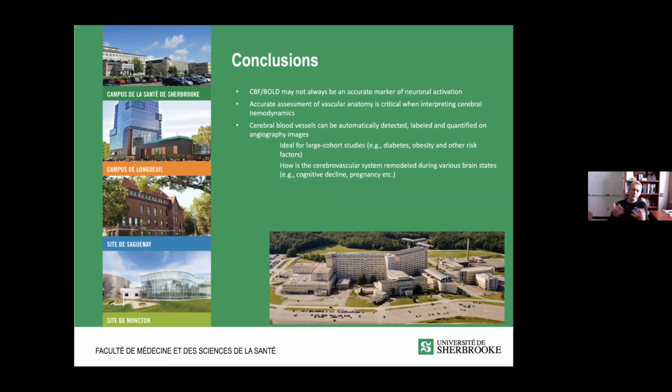Okay, so if there's 3 points from this talk to take home, the first one will be that we think that hemodynamic signals are not accurate markers of neural activity, and that's okay. I mean, we should just call it for what it is. It's a hemodynamic signal. It doesn't necessarily have to be tied to neuronal dysfunction. And if you want to properly interpret this hemodynamic signal, you have to take the structure of the nearby blood vessel into account. And the last thing is some shameless promotion of this software that will soon be available online.